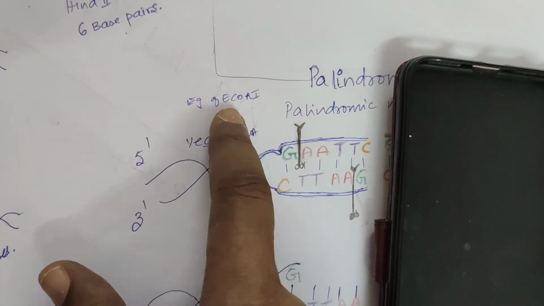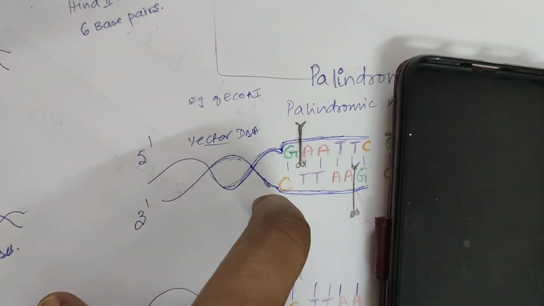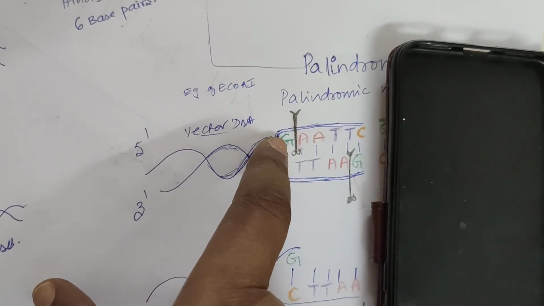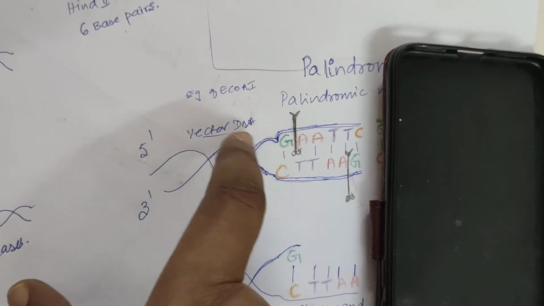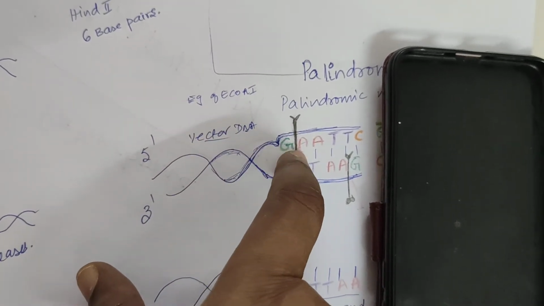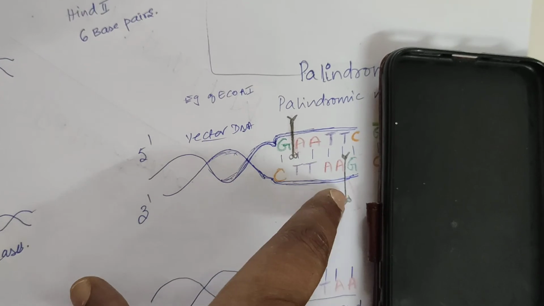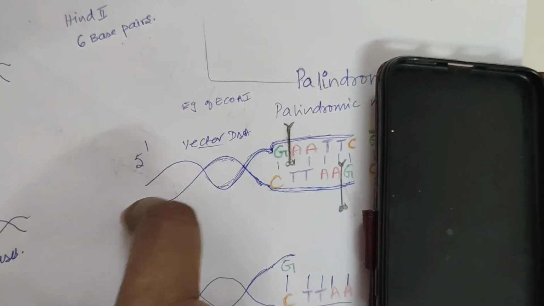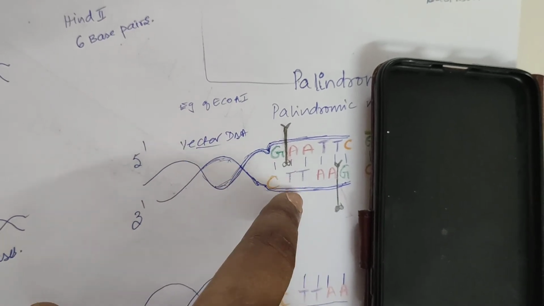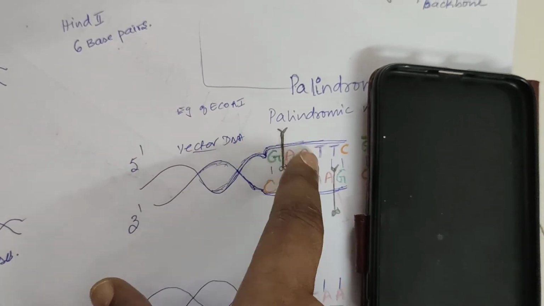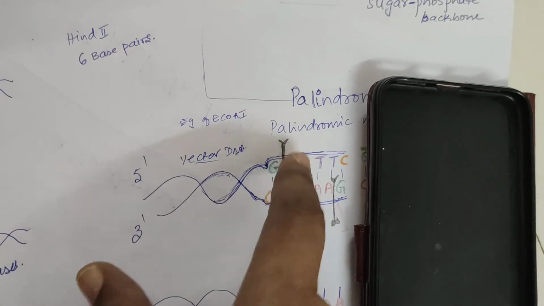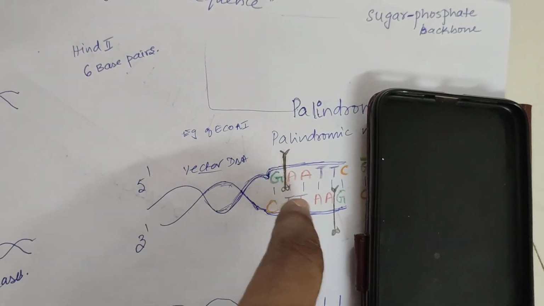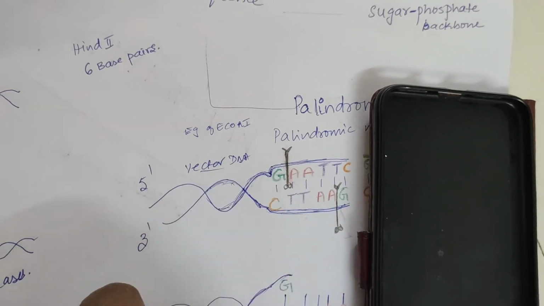In this case, this is the E. coli restriction endonuclease. It has identified the sequence, and it will cut at a particular point, in this case between G and A. So on this strand it is cutting between G and A, and on this strand it is again cutting between G and A, at that particular palindrome. It's an endonuclease, cutting inside the strand, not at the ends. It is cutting the DNA within. I haven't drawn it here, but this particular palindrome it has identified and is cutting at a particular point.